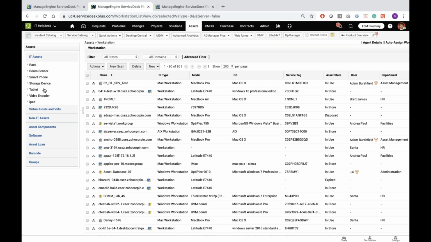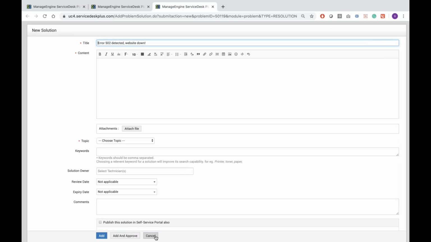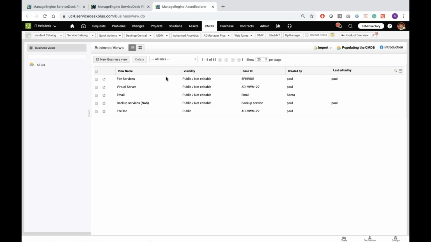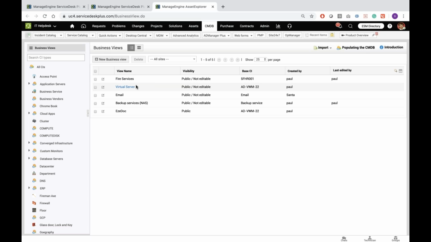The challenge in today's customer community is that this information is stored in different systems of record or in spreadsheets, which cannot be tallied at all. Imagine there is a change that you need to make in your data center, and if your data center asset is not managed within your help desk tool, it's going to be challenging. You need a proper CMDB for the organization to understand how your data center has been mapped out. When you're creating a change record or a problem record, organizations find it very difficult to understand how the data center has been mapped.